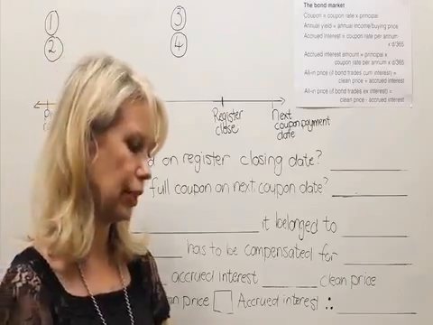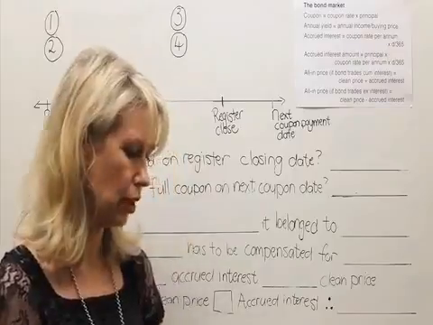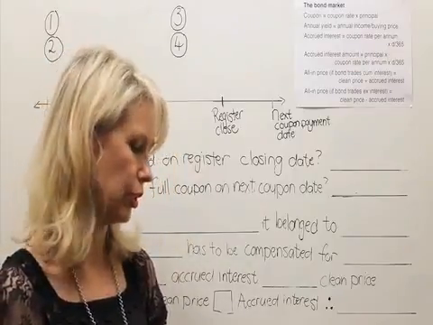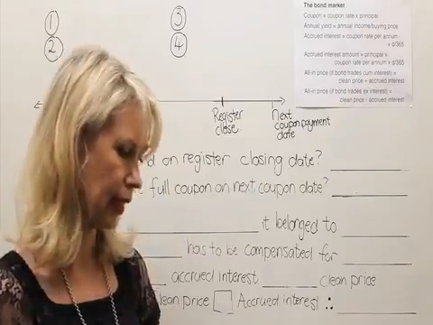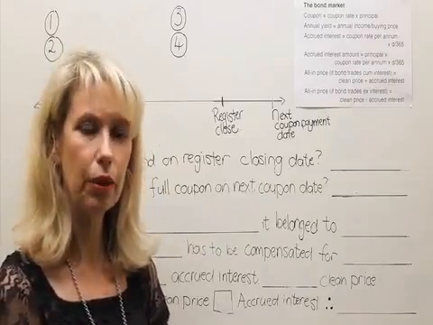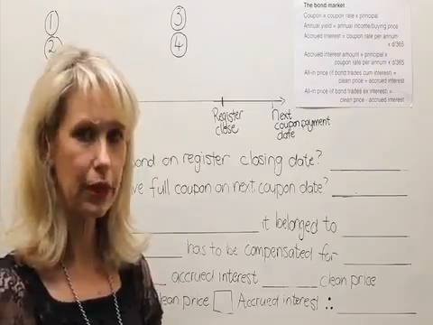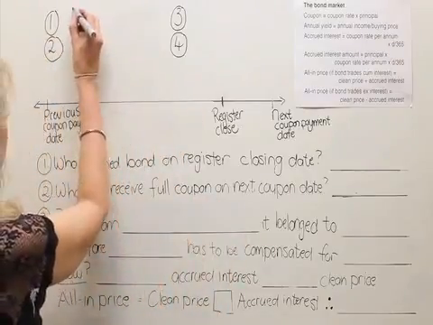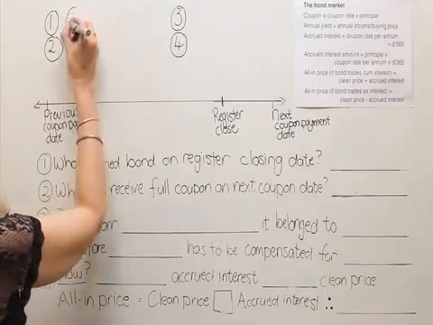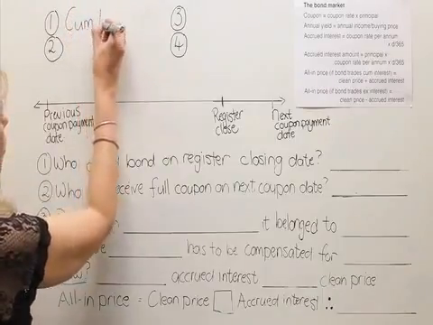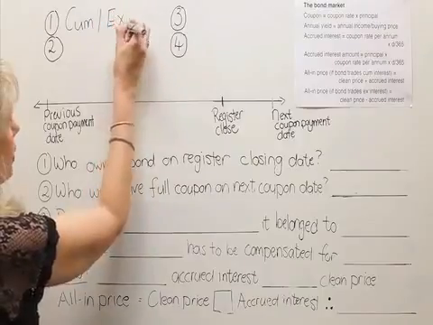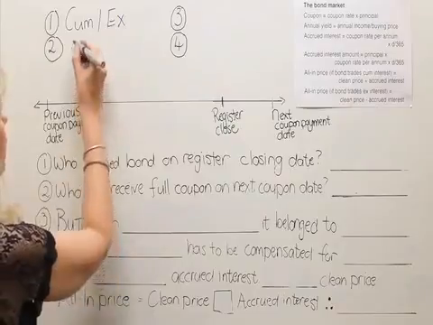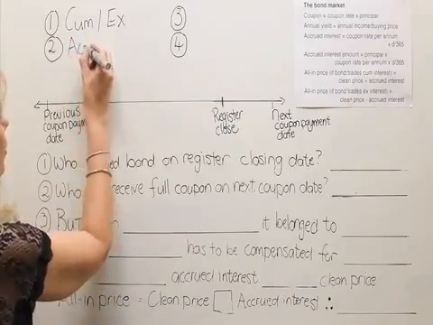Here you are asked to calculate the all-in price amount of bond A when it trades on the 30th of March 2008. Now, when you have to calculate the all-in price of a bond, you always have to do 4 things. First thing you have to do is decide whether this bond trades cum interest or ex interest. The second thing you have to do is calculate the accrued